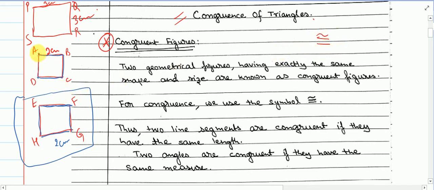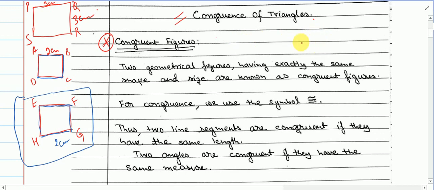Like here you saw that ABCD and EFGH, shape wise and size wise they are the same, that means they are congruent. All the time we cannot draw these figures, so how do we denote that they are congruent? We'll write ABCD is congruent to EFGH. If you see somewhere written like this, where each side denotes a geometrical figure, and in between you see this symbol, then it means that these two figures are the same shape wise and size wise, meaning they are congruent.